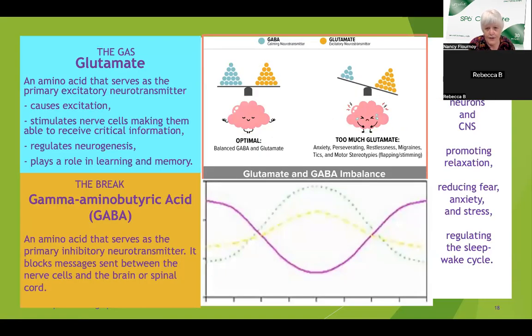And this is sort of the summary overview. That is, we have the glutamine that makes the glutamate and the GABA, and the glutamate's the gas and the GABA is the brake. And I first learned about this description and about these 2 chemicals from my friend Annie Lennertz, who was actually on the call tonight. So thank you, Andy. And since he introduced them to me, I see them everywhere, and this is no exception. So what you want is for your GABA and your glutamate to be in balance,